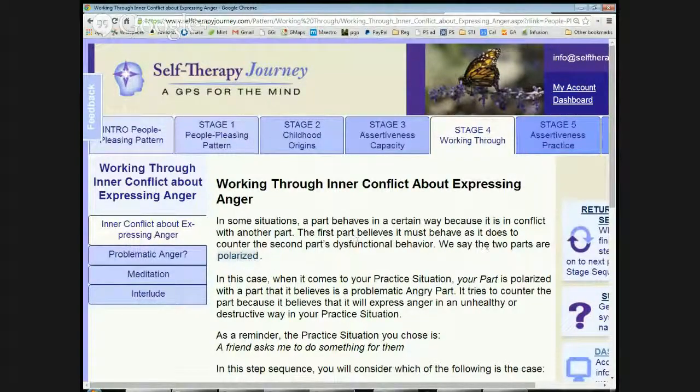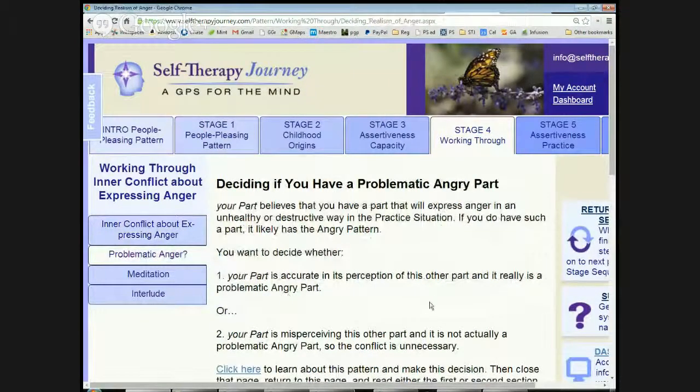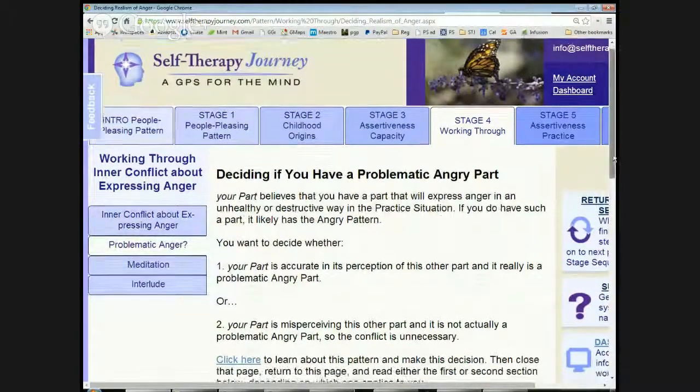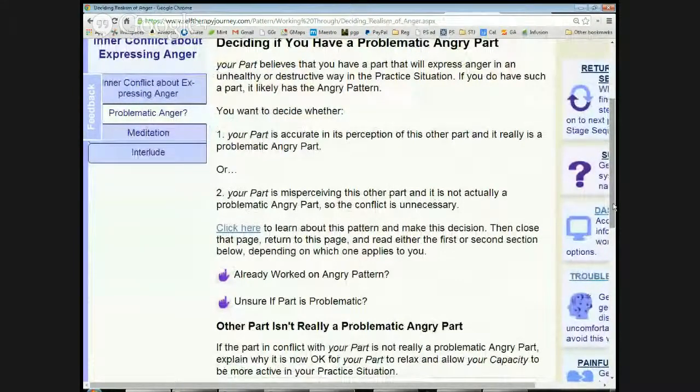So first of all, you check to see if you really do have an angry part that is there. It might just be that your pleaser thinks that you're going to get angry when you're really not. But if you really do have an angry part that might really get triggered, then you can click here and work on your angry pattern. And if you don't, then you can go on. So in either case, when you've either worked through your anger, or at least worked on it, you don't have to actually work it through completely, or you've realized that your angry part is not all that problematic, then you